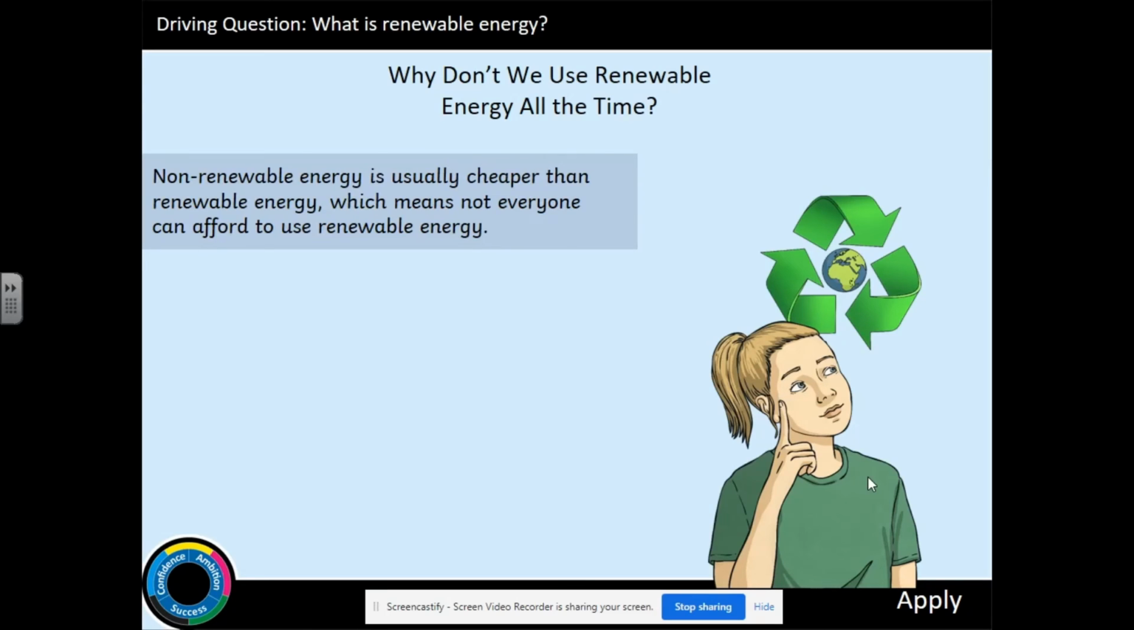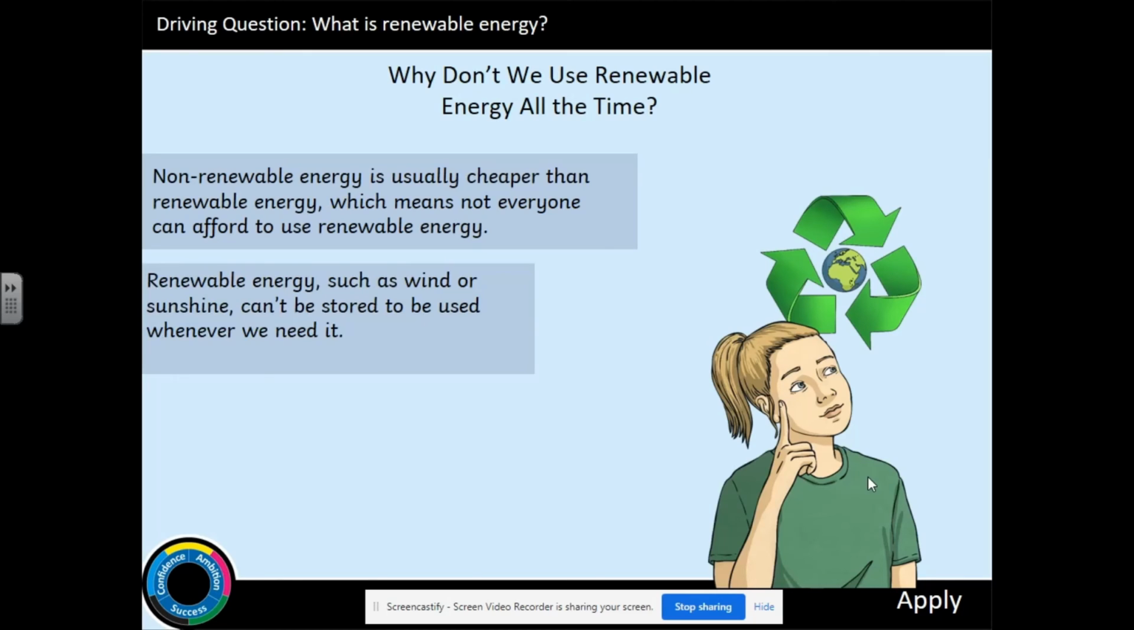Now, non-renewable energy, and don't be alarmed, we will be looking at non-renewable energy in our next lesson. Non-renewable energy is usually cheaper than renewable energy, which means not everyone can afford to use renewable energy. So in most cases, it is normally very expensive to use renewable energy. Secondly,